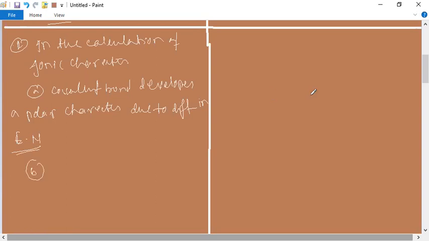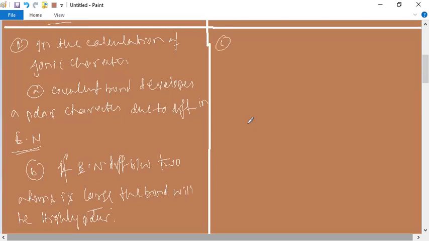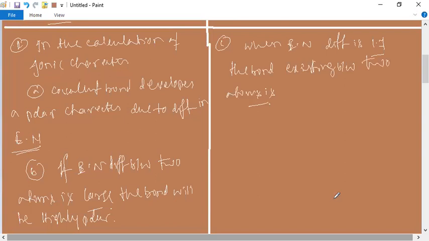If the electronegativity difference between two atoms is large, the bond is highly polar. It has been observed that when the electronegativity difference is 1.7, the bond existing between two atoms is 50% ionic, 50% covalent. So there is no need to calculate. The percentage of ionic character of the bond can be calculated